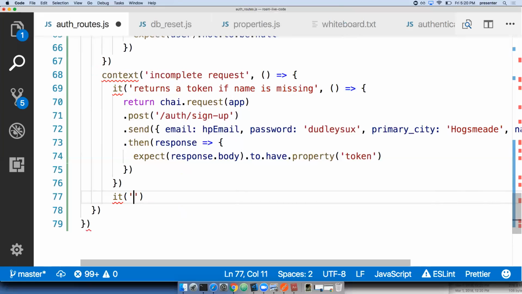So it returns an error if email is missing,